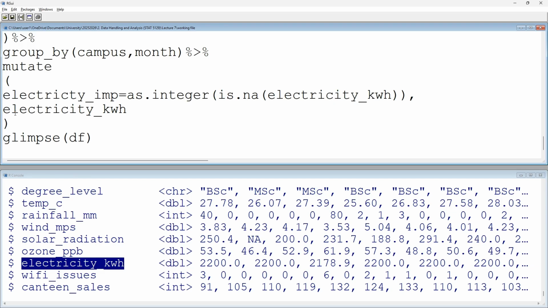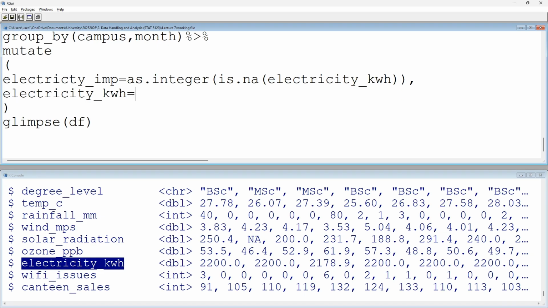That basically means that I'm overriding the current one. You will say equal to if else. It's a bit the same thing as the case that we were doing, but here you are using if else. In if else, what are we going to say? We will say is.na